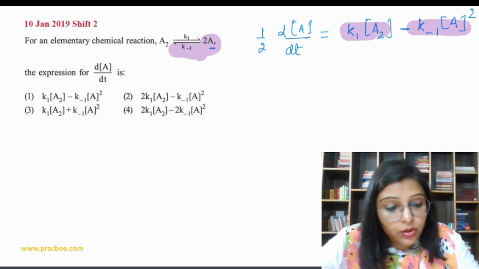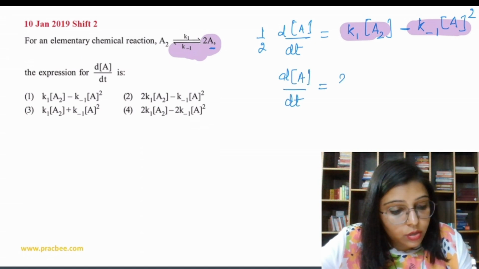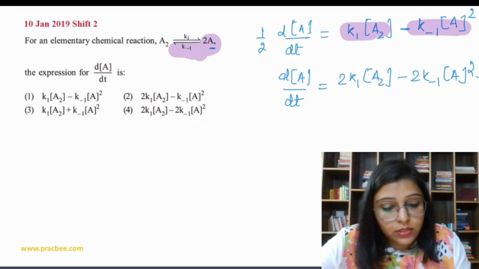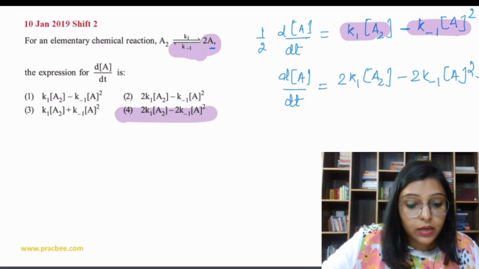Understood? Now, if I write dA over dt, it becomes 2K1 A² minus 2K₋₁ A. So from this, option 4 is the correct answer. Okay. Now, let's